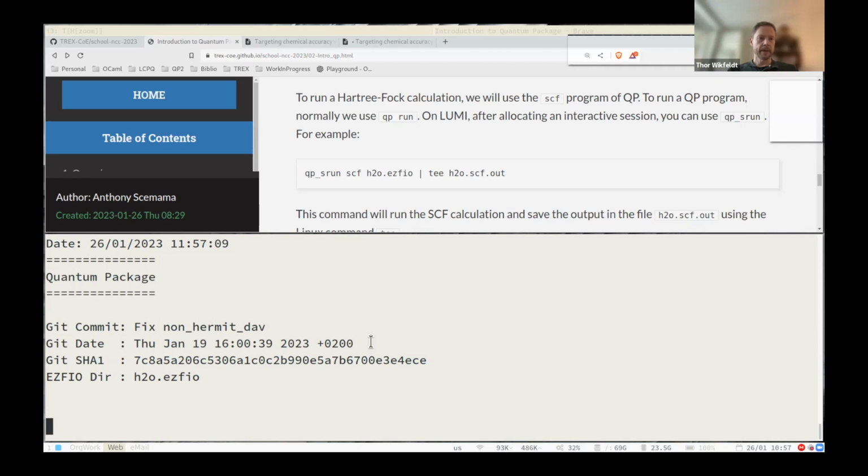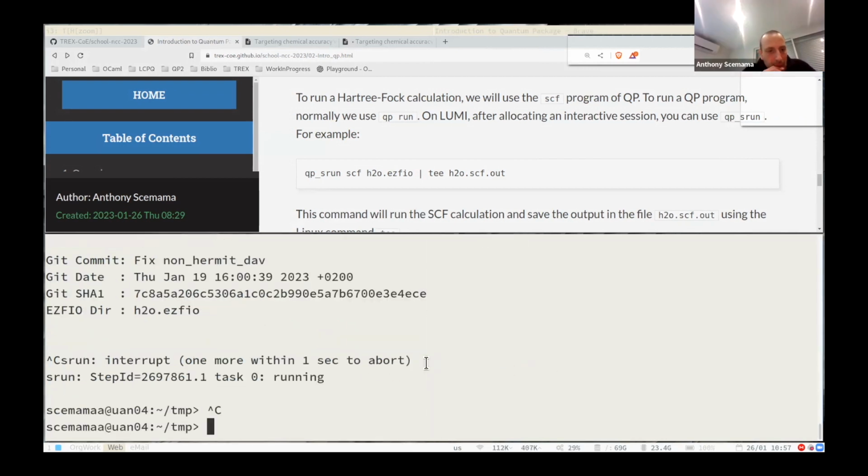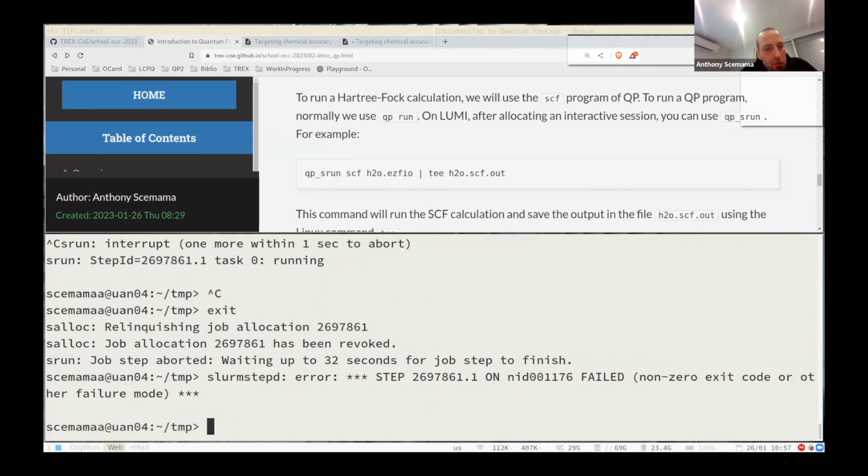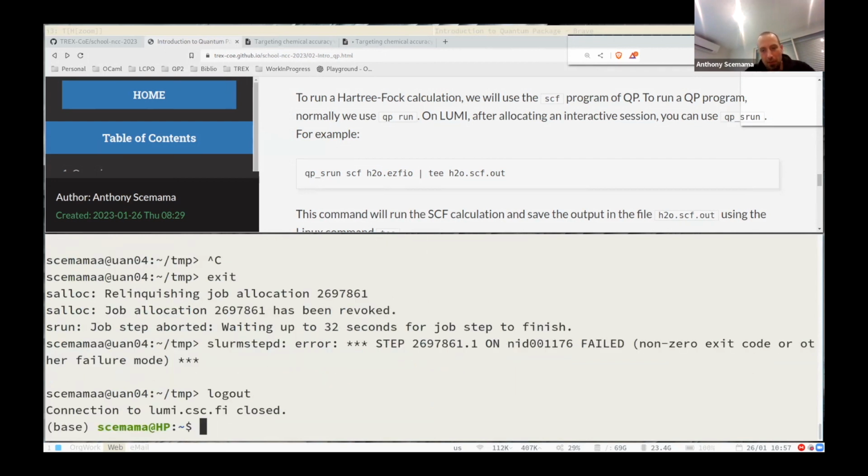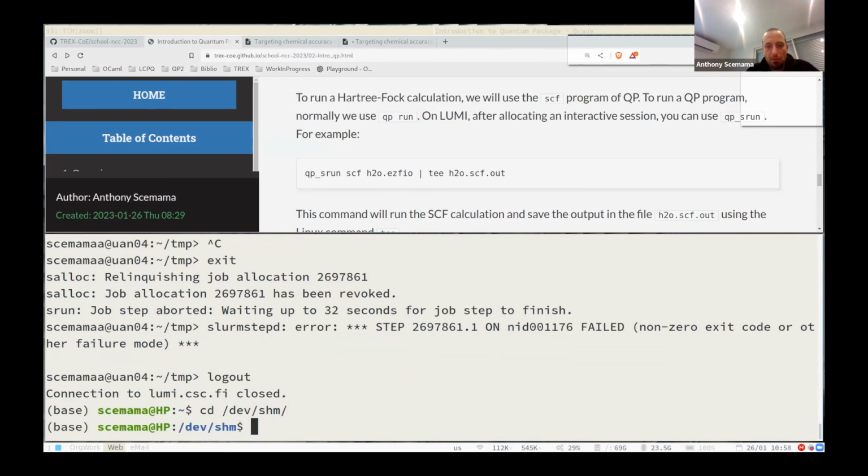I can just chip in that LUMI is an amazing machine. It's the third biggest in the world, but it's a very modern architecture and there are rough edges. It doesn't maybe have to do with the system being a bit sluggish right now, but it's going to be fixed for sure. Well, I would say in half an hour it's going to work. So I'll try to do it on my computer.